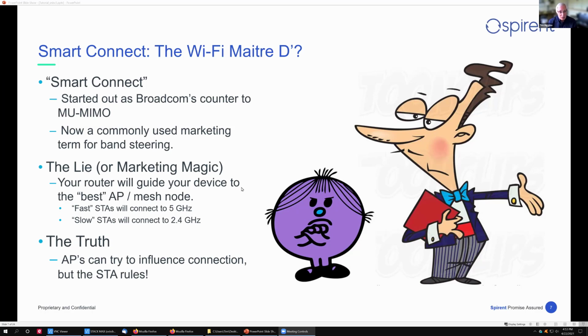And what's the best? Fast stations are generally going to be seated at the 5 gigahertz table, and slow stations are going to sit over near the kitchen where the 2.4 gig table is. But the truth is, as Lee pointed out with his little reluctant station, the APs can try to influence the connection, but the station ultimately decides, because that's the way Wi-Fi is designed.